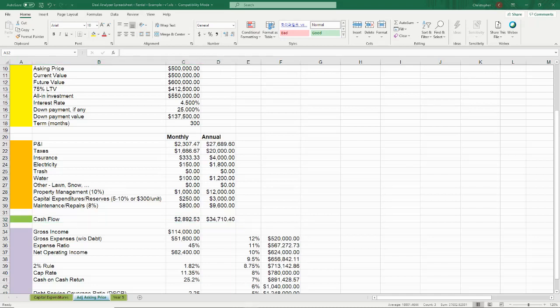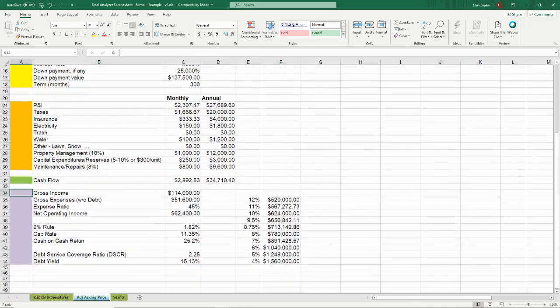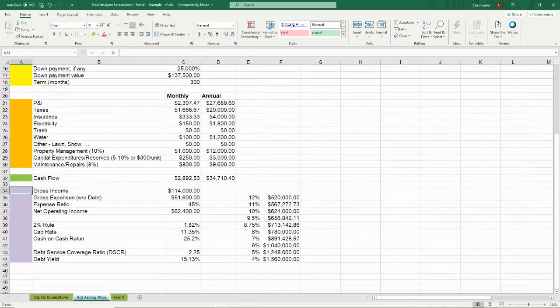All right, key indicators. Or maybe we'll call them key performance indicators in lavender. So let's build upon that. These key indicators that we're going to talk about are going to be based highly on income and expenses. The real estate asset in itself is based on income and expenses. Recall that that's what makes up your cash flow. Your total income, you subtract the expenses, and that gives you your cash flow.